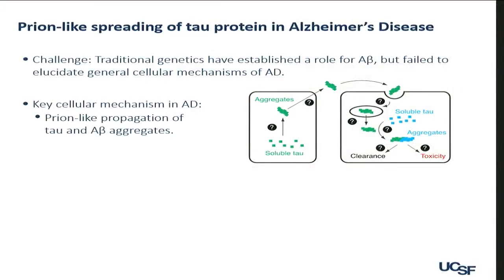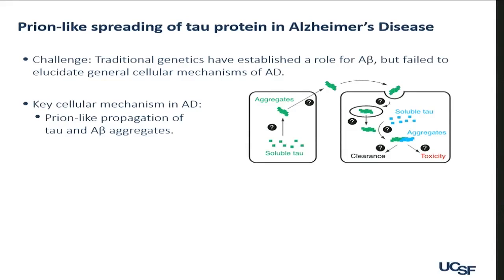As we've already heard about this morning, there is a substantial body of work now bringing to light this idea of prion-like propagation and also the misfolding of certain proteins in this and other neurodegenerative disorders. We're focusing primarily on tau and A-beta. An interesting aspect, and also a big frustration, has been that although there is genetic support and evidence for things like A-beta, we don't have a good sense of the general cellular mechanisms controlling this sort of etiology.